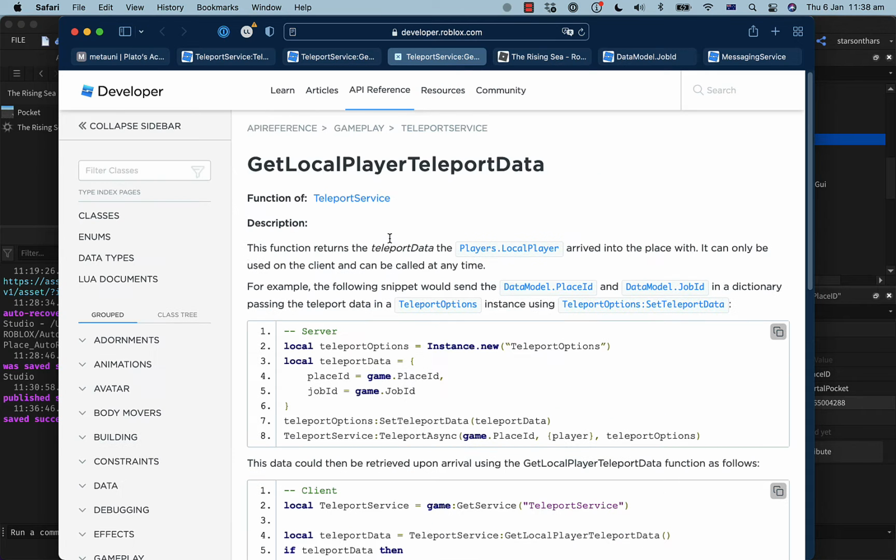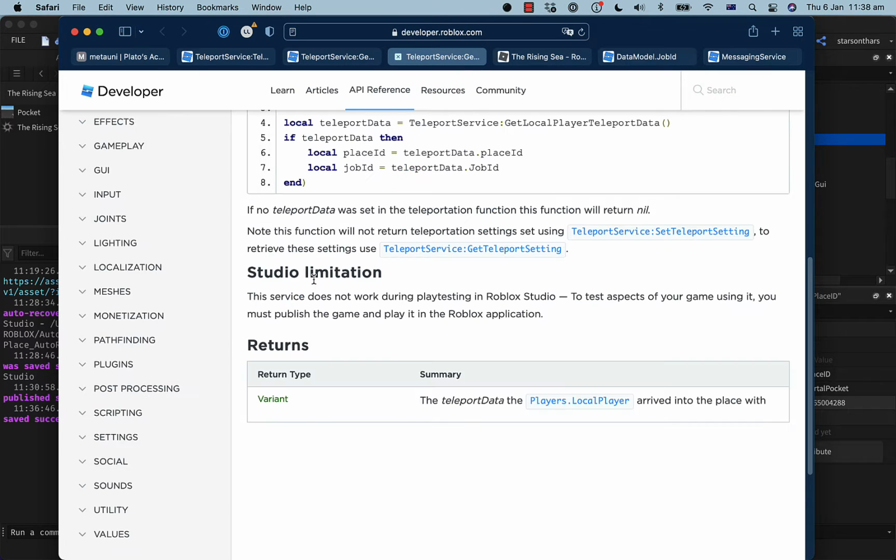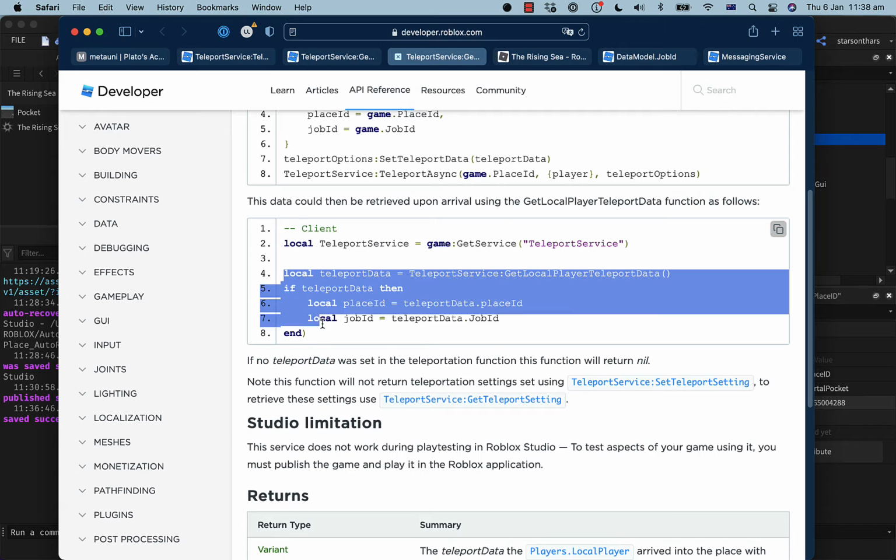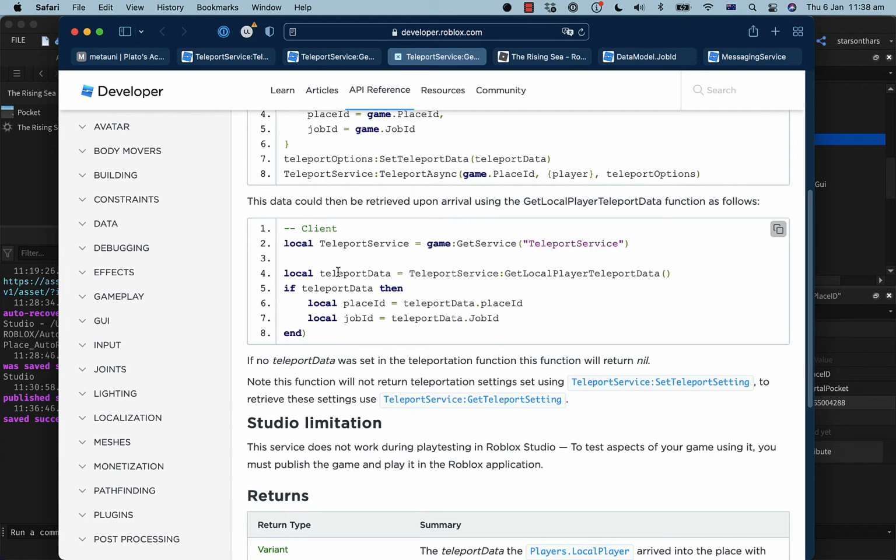and if I pass teleport data, then I can just check for any player spawning into the server. For players that just loaded in normally, this will be nothing. Or maybe if they come from the hub, it'll be the hub. And in particular, if it's a place ID of one of these pockets, then I'll be able to tell that they return to this world from the pocket.